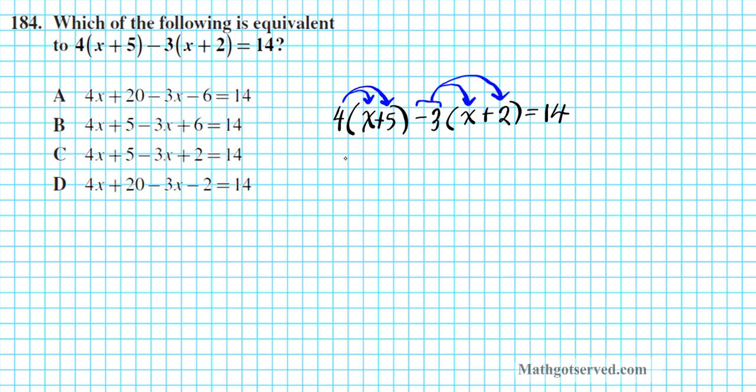Now if you distribute the 4, you have 4x plus 20. -3 times x is minus 3x. -3 times positive 2, minus times positive is negative, so -6 equals 14. Now, had we forgotten to distribute this minus to this plus and had a plus here, we'd end up with